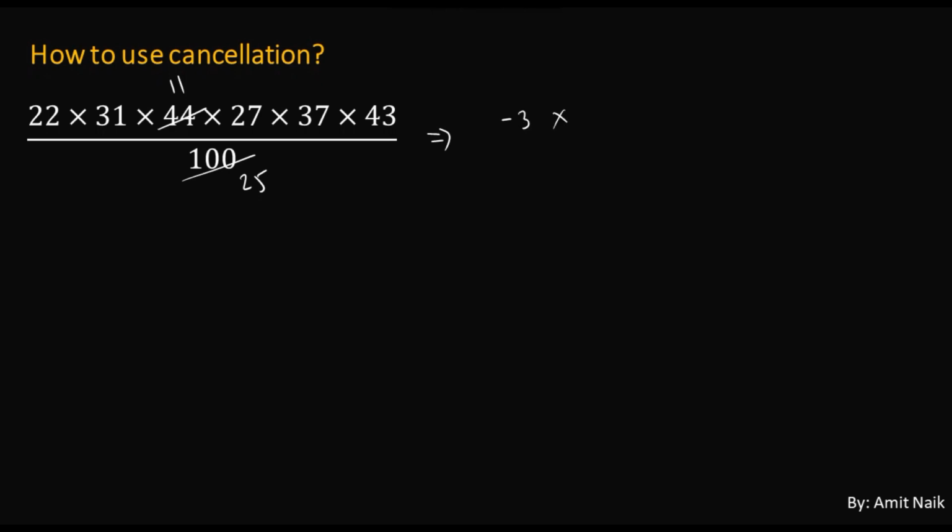Then 31 by 25, the positive one is the smaller one, which is plus 6, so I'll go for that only. 11 by 25, I guess the positive one will be simpler, right? So positive is 11. Then 27 by 25, the remainder is going to be plus 2. Then 37 by 25, the remainder is going to be plus 12.